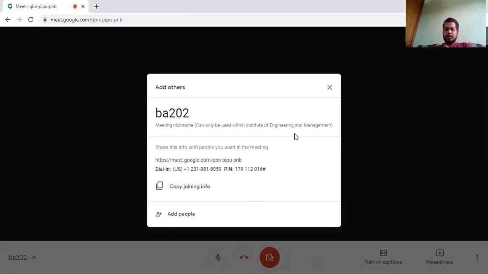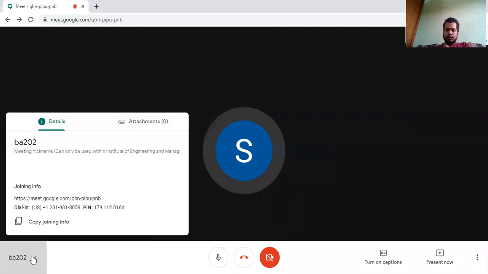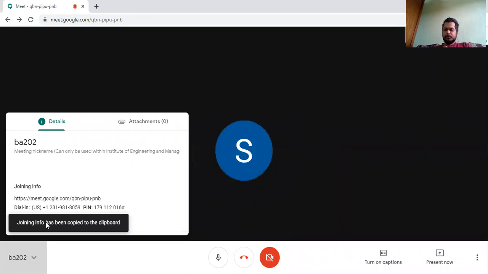You have copied it. Now it is exactly the same as Zoom. So what we need to do now is go to WhatsApp and paste it. As soon as we do that, it will show this code. Also, if you don't get this window, you can click over here and copy it from here.